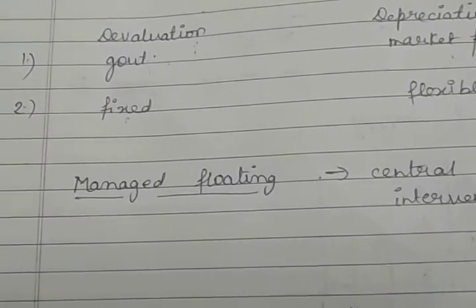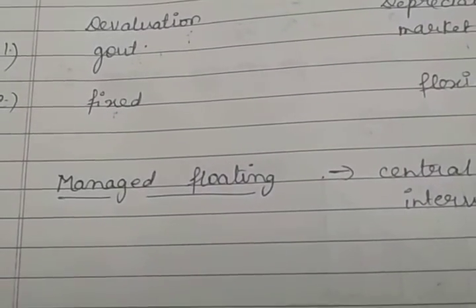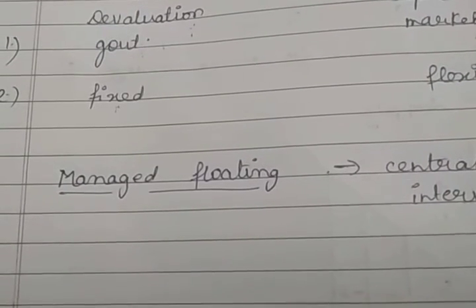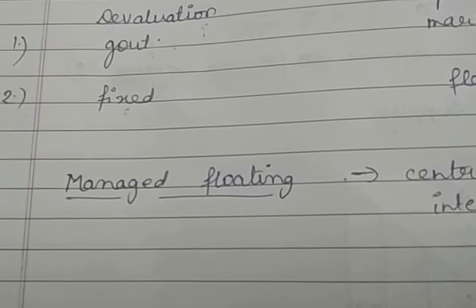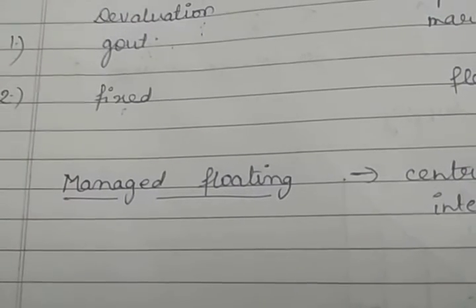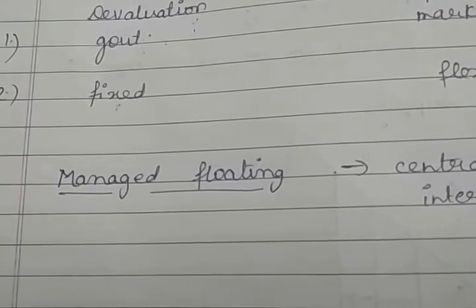That means whenever there is a surplus or deficit balance of payments, the central bank buys and sells the foreign currencies in the open market, but according to the rules and regulations